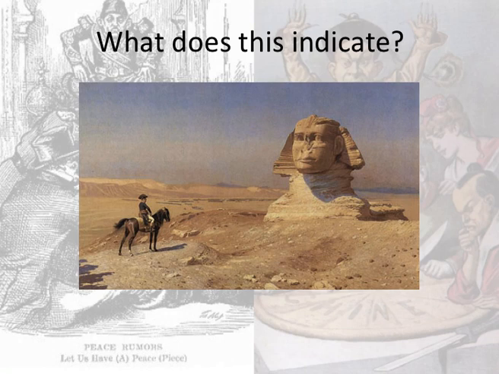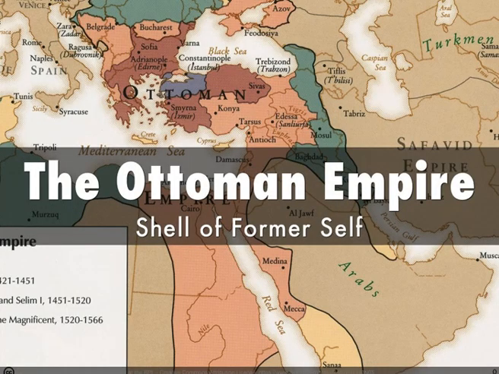But remember, Napoleon found the Rosetta Stone, so I guess in the West, that means it's all good, right? Not really. But this is important because the Ottoman Empire is now a shell of its former self. If you can see the background of that screen, the black line is the furthest expanse of the Ottoman Empire at its height, and as time goes on, especially into the 1800s, that's going to be chipped away at again